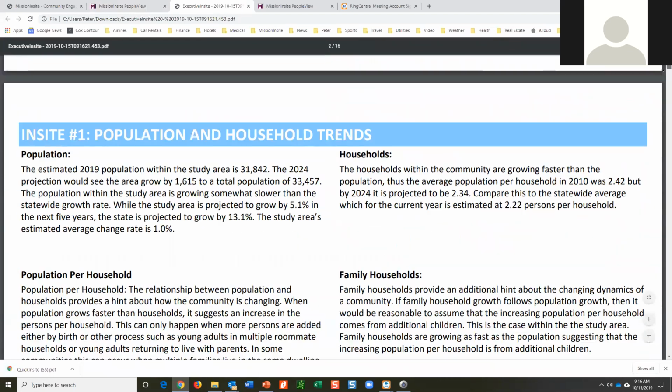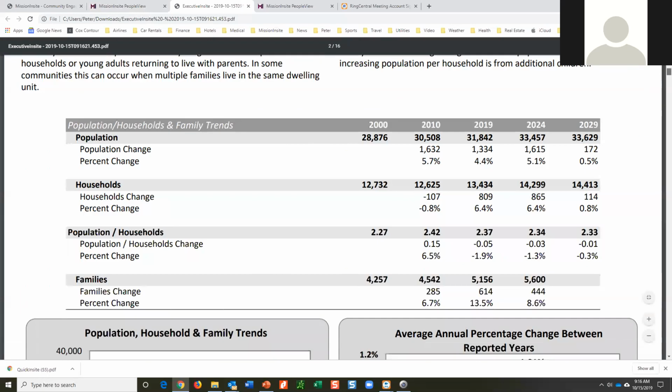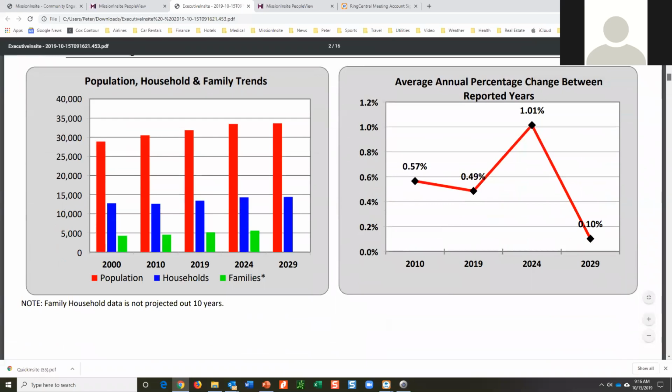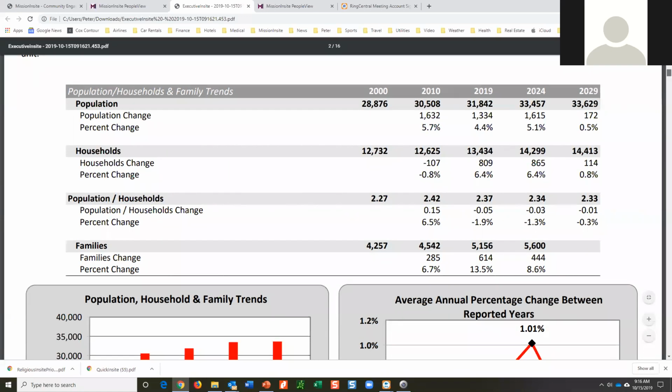So this report, which is one of my favorites, gives you narrative, a table, and graphics for each of the 12 thematic areas. I'm not going to spend a lot of time with the reports.